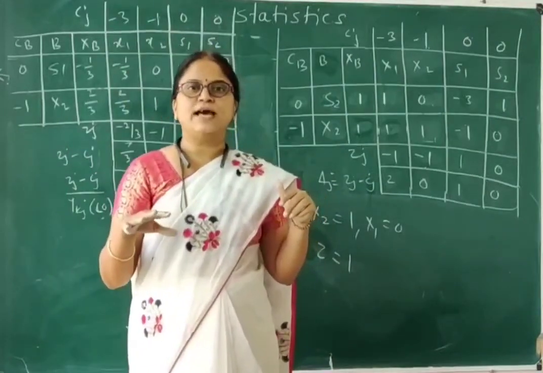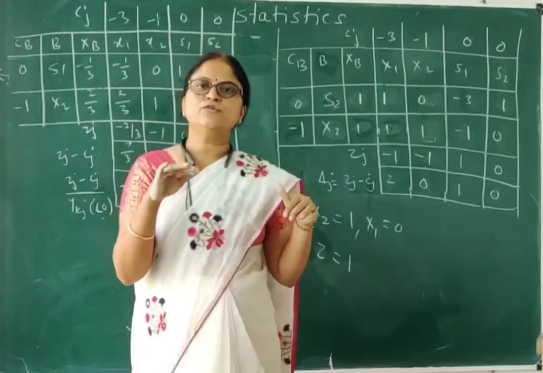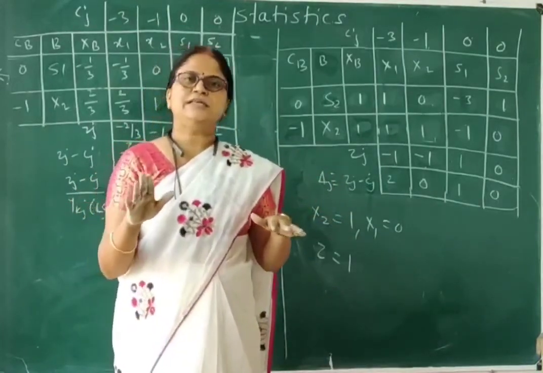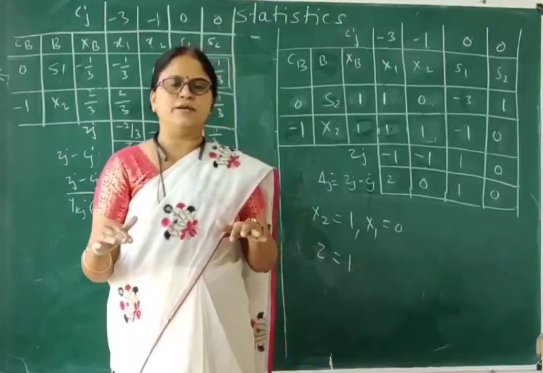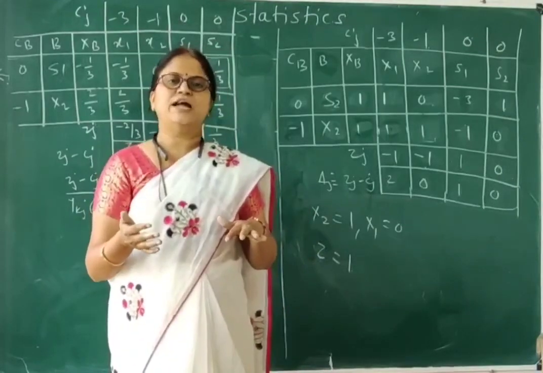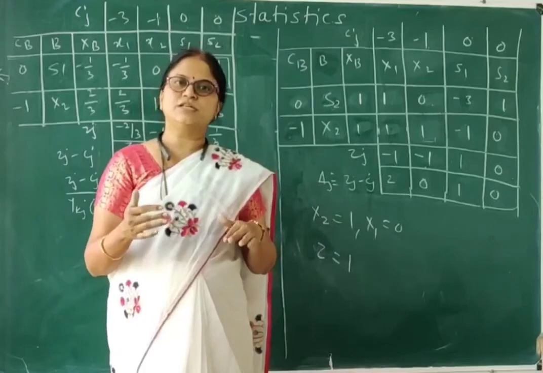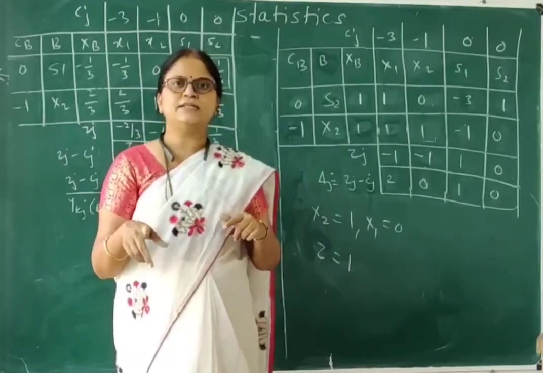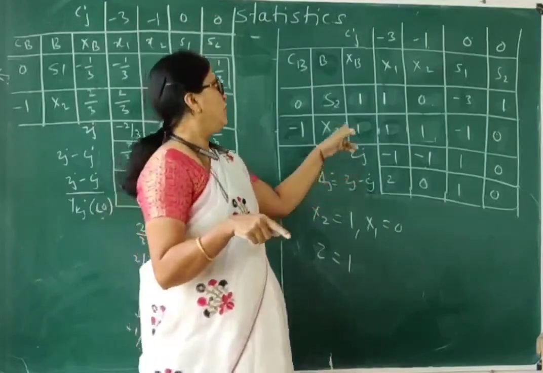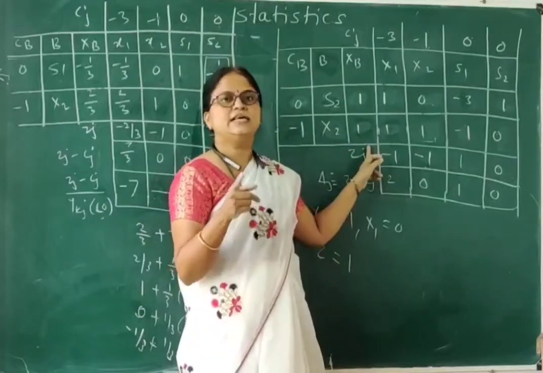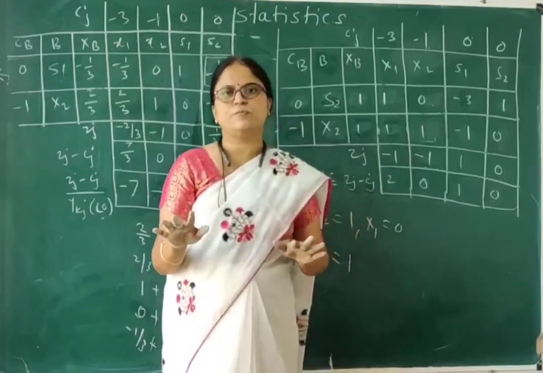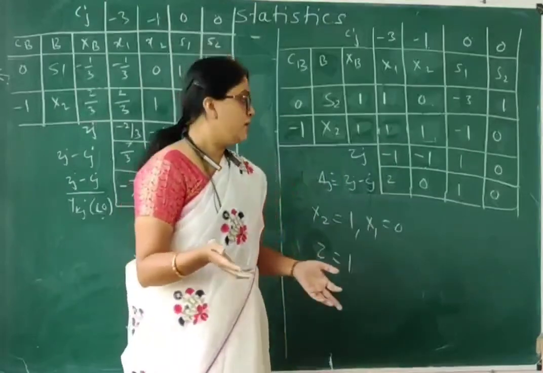As well, if all the values of delta z become greater than or equal to 0, in simplex method we stop there. But in dual simplex method there is one additional condition: check whether all delta z are greater than or equal to 0 as well as all the values of xbi are strictly greater than 0. Then only you can stop, and the current solution is the optimum solution. So for my problem, the value of